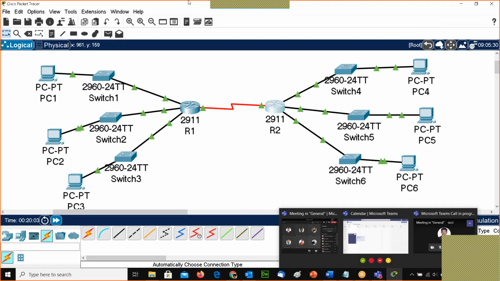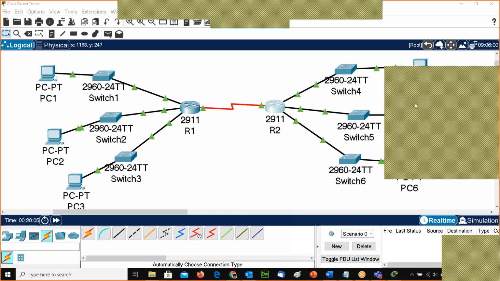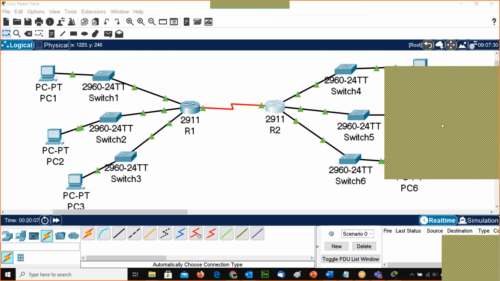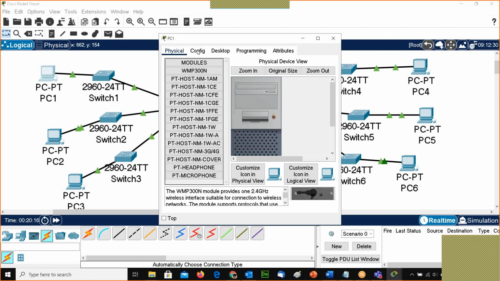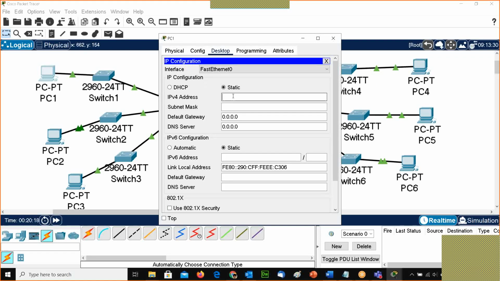If you go and check, the configuration of R2 and R1 is completed, both the LANs. So what I'm going to do is give IP addresses to the PCs. It's very easy to do. So this is 192.168.0.8.